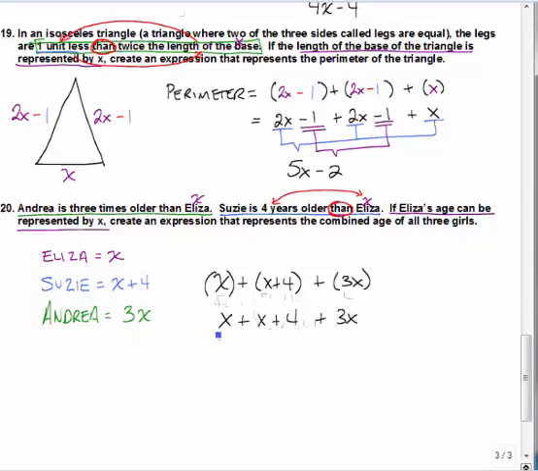Then we can collect our like terms: x, 1x, and 3x. So that right there is 3x plus 1x, that's a total of 5x. And there's one constant, we would just bring that down, plus 4. So the combined ages of all 3 girls would be